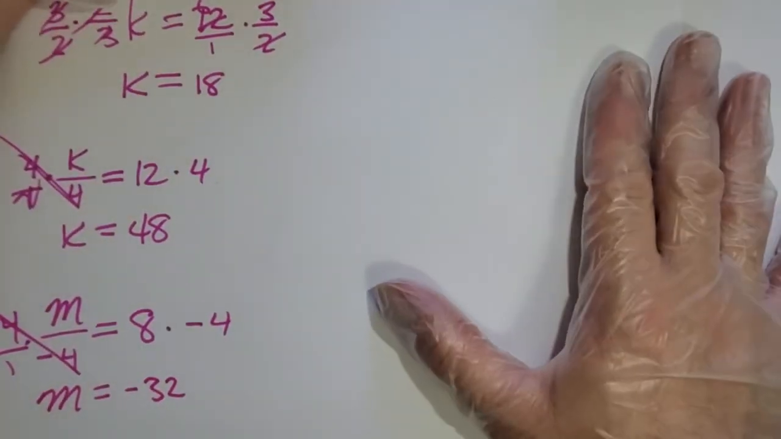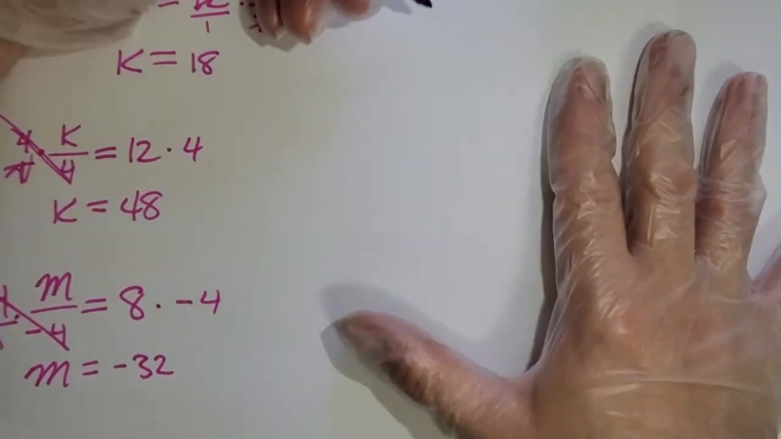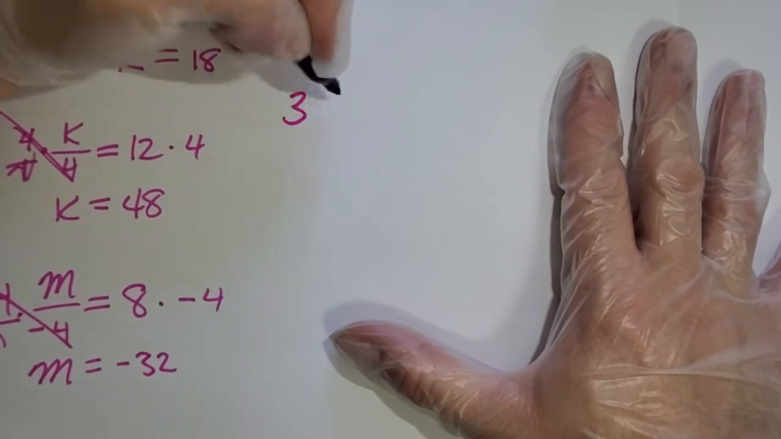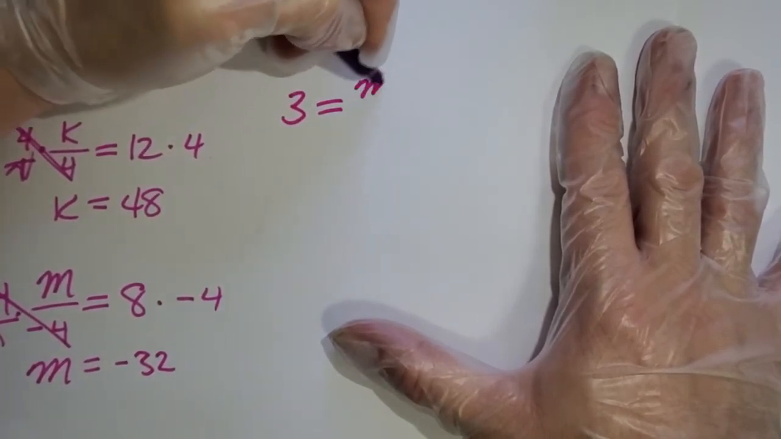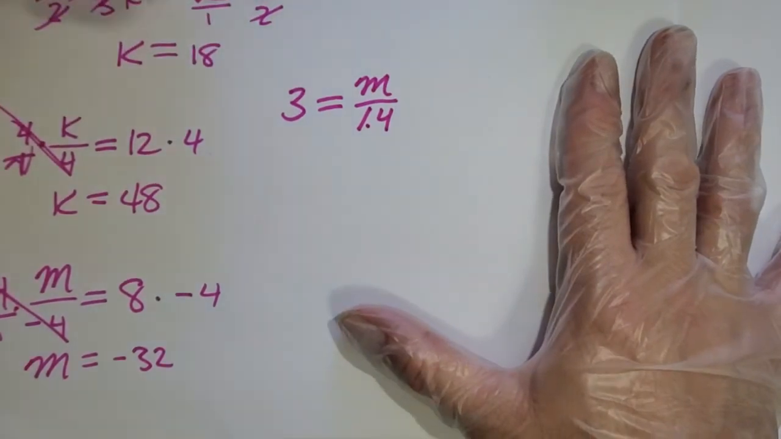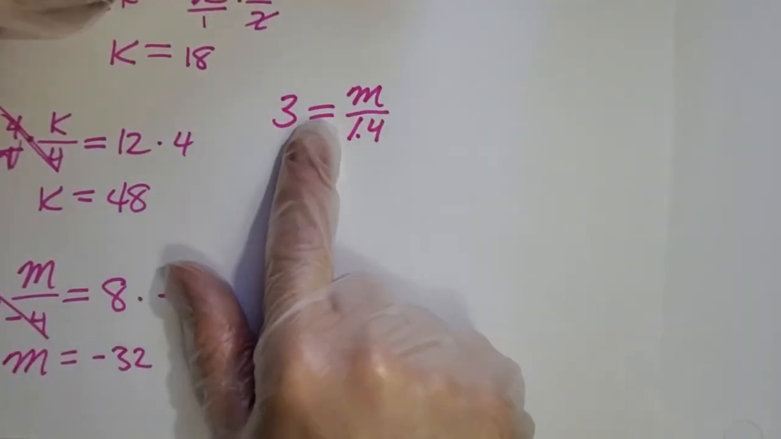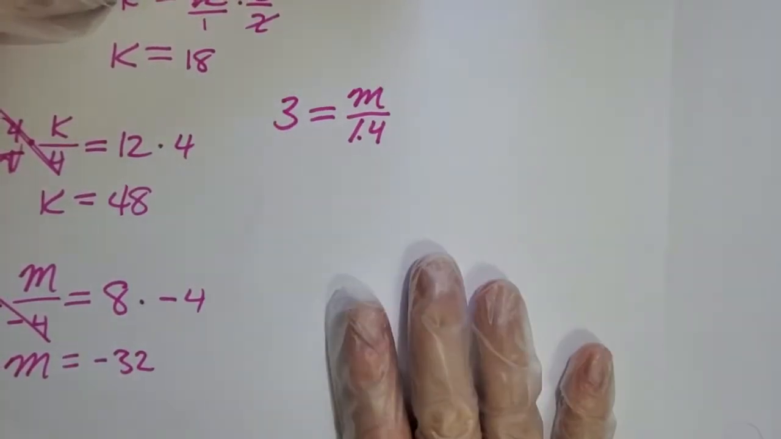A couple others. You might have something like this. 3 equals, there's some value m. When you divide it by 1.4, it ends up being 3. So again, think about it. Start solving it. Take your eyes to the variable side. In this situation, it's on the right. Do the